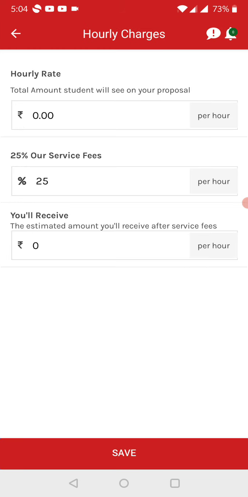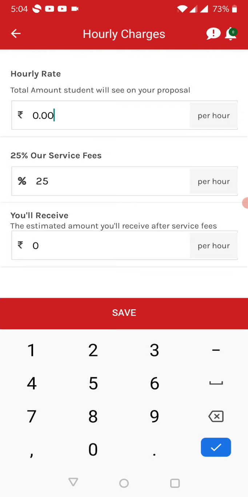Okay, rate. Now hourly rate, this is a very important thing which you need to take care of. Whenever you are entering your rate, you need to keep in mind that you will be paying 25% commission to the application owner. So for example, my rate is 500 per hour, so you will be getting 375 rupees and 25% will go to the application owner. So keeping this in mind, you can quote your rates over here. For example, I'll be updating 600 per hour, so 450 I'll be getting and 25% will go to the institute. That way you can quote.